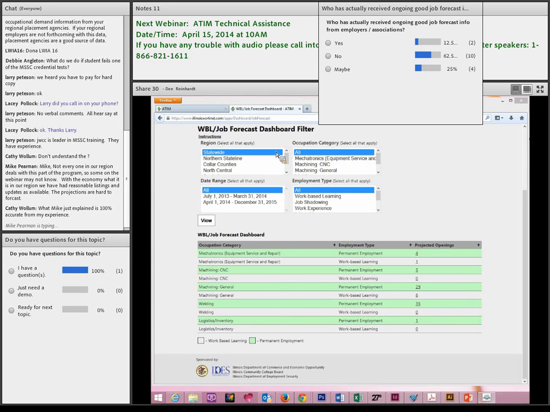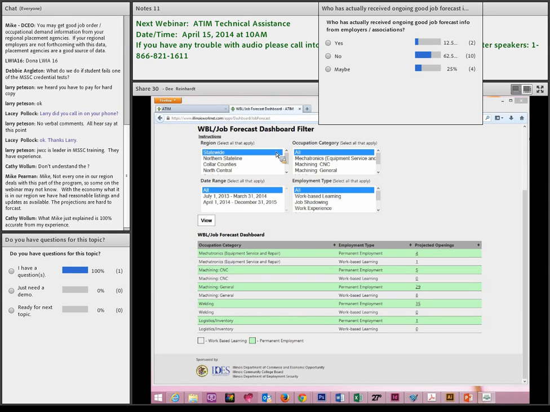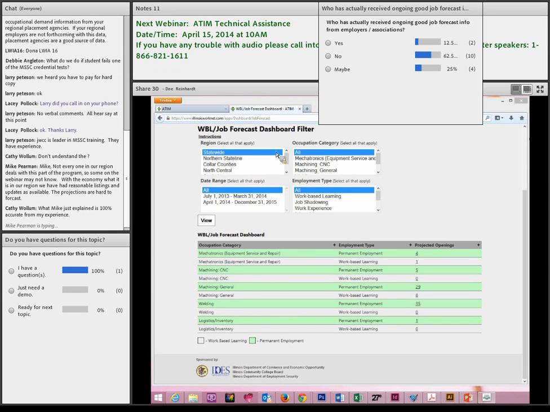All right, so now, Mike, you need to read Mike Pierman's comment in here. Okay, so not everyone in our region deals with this part of the program. Okay. And the folks in your region to determine